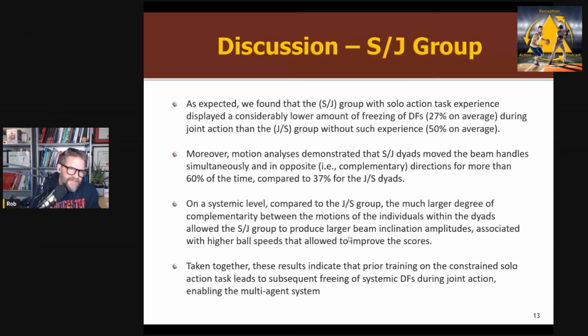Right. So I think this is a really, really interesting study showing that Bernstein's freezing and freeing degrees of freedom work across individuals as we would predict in ecological dynamics, because there's nothing special about an individual in this. They're part of a system, right? They're part of a system of degrees of freedom. Whether they're in the same body or not is not particularly relevant here, because they're based on information, right? They're information driven from the environment, not some internal model in the person's head.